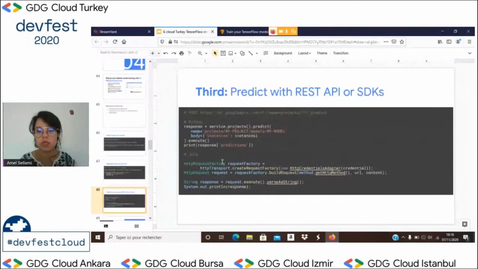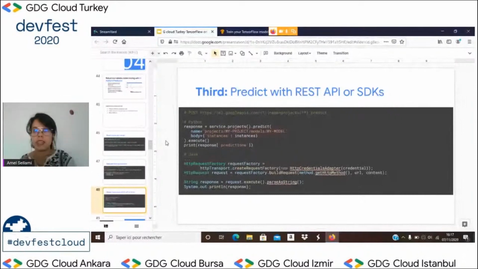The third step, as we said, is to wrap everything with the REST API. This REST API will help you later on in using different languages. For example, it could be used in Python, or in Java, or any other language that you want to use. The REST API will wrap everything up and help you with HTTP requests to give the predictions to a client, if you're having, for example, 100 clients or 1,000 clients at the same time.